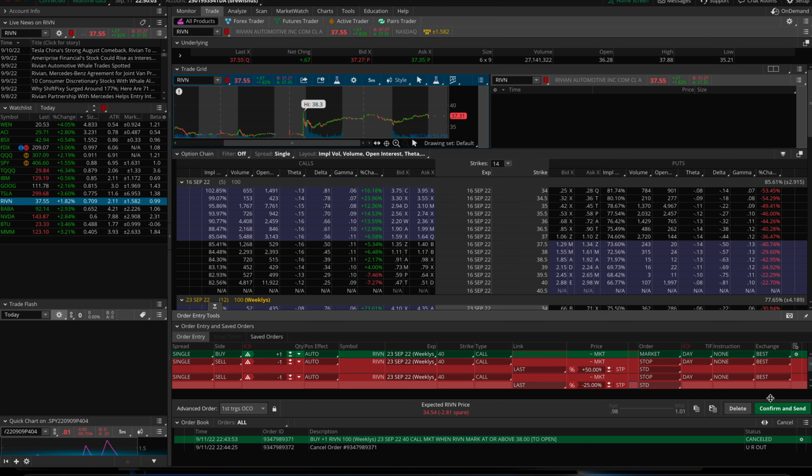So this looks pretty good, generally speaking. We've got our conditional order to put me into play when it hits 38. I will take a 50% profit if I am fortunate enough to get one, and I will take a 25% loss if I'm not lucky, or if the market decides that that's not what the ticker is going to do, then that is my risk. And in this case, that stop loss is essentially what we are willing to gamble in order to find out if we can make this back. And if we put this into play,